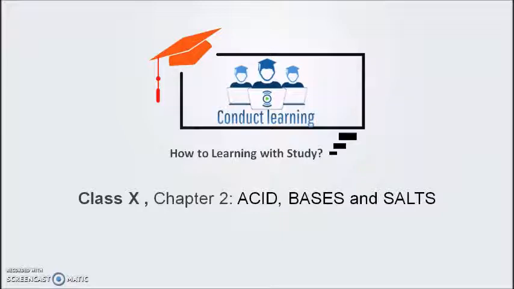So we are at the chapter Acids, Bases and Salts, the second chapter of class 10th science. Previously we have done what is acids, how to check whether a solution is acid or not with the help of litmus paper, how acid reacts with metals, how acid reacts with carbonates and hydrogen carbonates, and how acid reacts with the base. After that, we have taken a few examples of different types of weak and strong acids, and the uses of acids. And now we switch toward the next topic, which is bases.